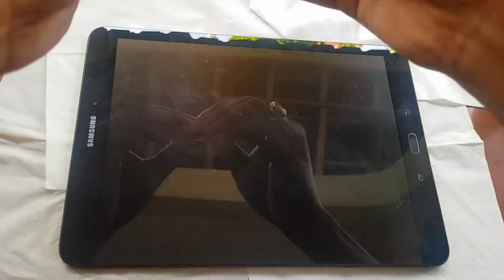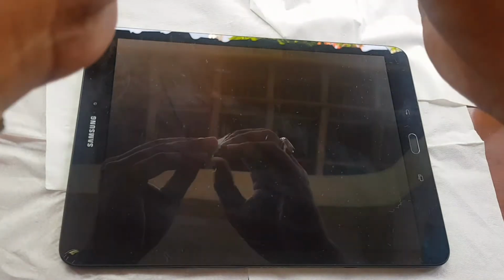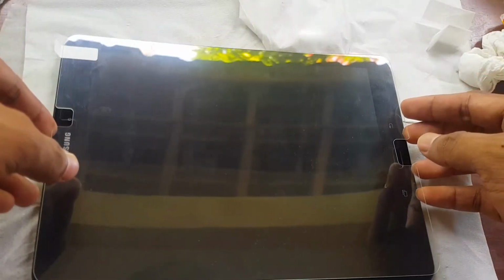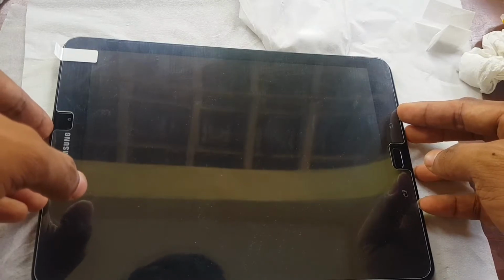So now what you have to do first is, of course, wipe the dirt from the screen surface. So I'm gonna fast forward it. After the dirt is completely clear from the surface, we need to